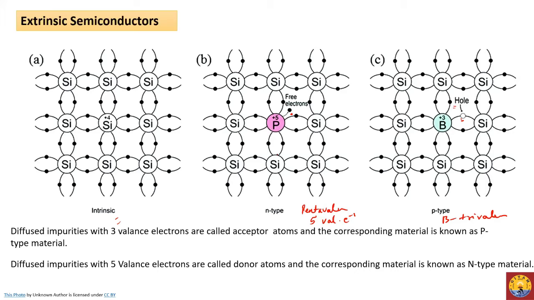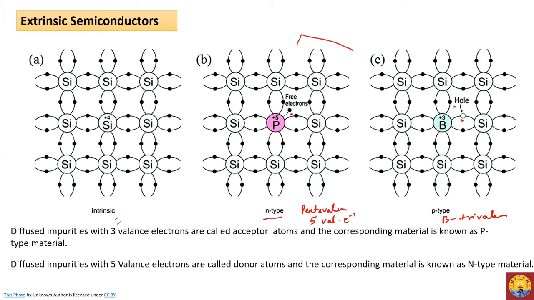When you have excess electrons in a structure, we call it an n-type semiconductor. And when you have a lack of a valence electron or a hole is present, we call it a p-type semiconductor. Both of these are extrinsic semiconductors. Silicon is intrinsic, and n-type and p-type are extrinsic semiconductors. n-type will have more free electrons, and p-type will have more holes. Holes are positively charged carriers.